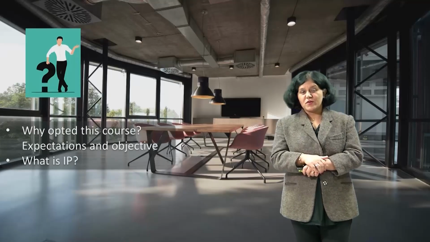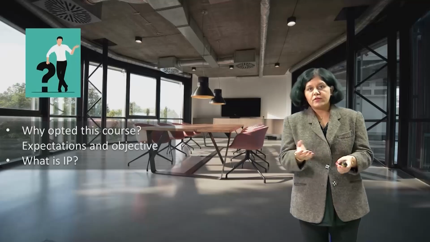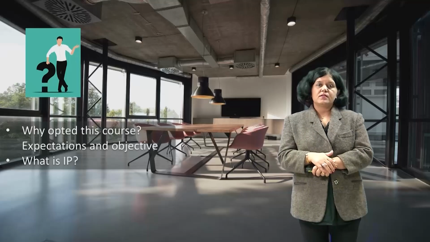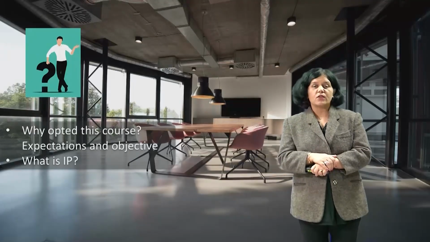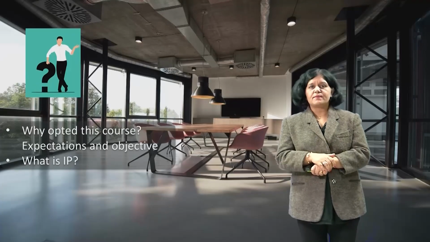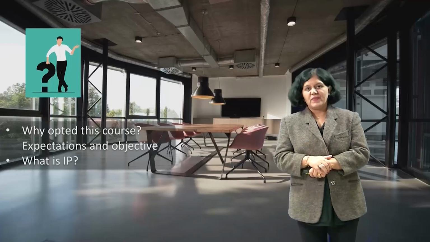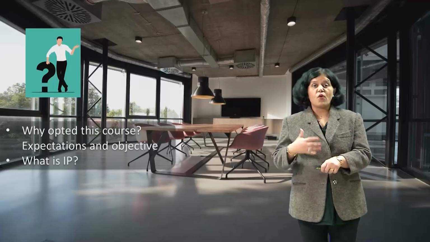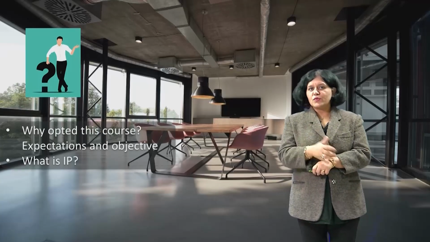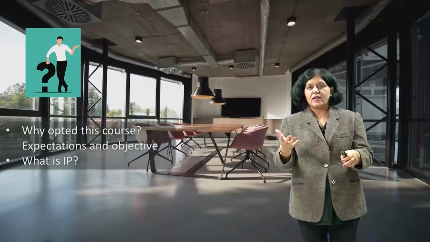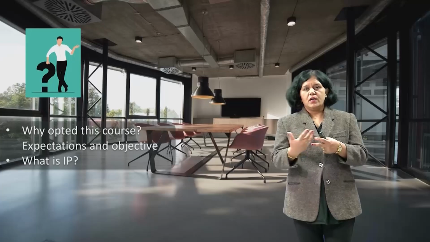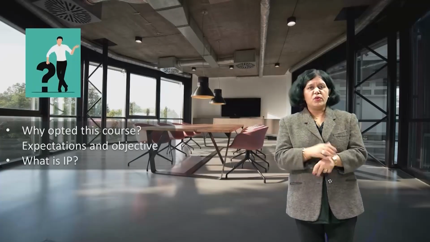You just write down in the comment box why you have opted for this, because it is an elective. So, why you have opted, that is your choice. So, obviously some expectations are there, some objective might be there. So, let us know what is that objective, what are your expectations from us, and we are not expecting you to know, but if you know what is IP, just try to write down what according to you is intellectual property. If you write this down, we will go through it and know your expectations, so that we will see if any modifications are to be done, or if we have to plan something a little bit differently, we will do that.